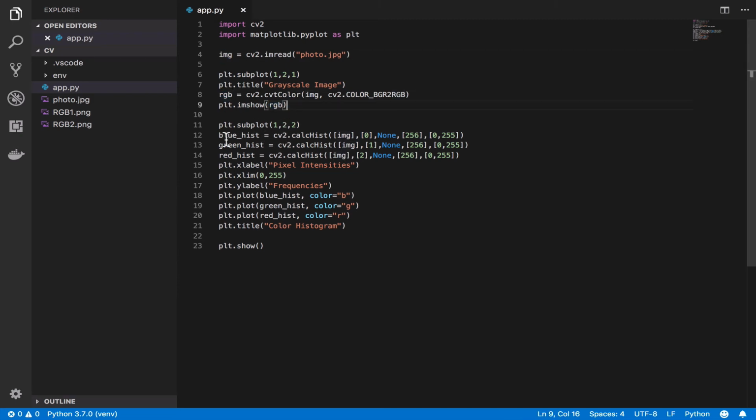And over here, I had to calculate the histogram for the blue, the green, and the red channels separately. And how I did that was if I specify 0 for the channel that is blue, if I specify 1 that is green, so BG, and 2 is R, that is the third channel, and I had to plot for each one of them